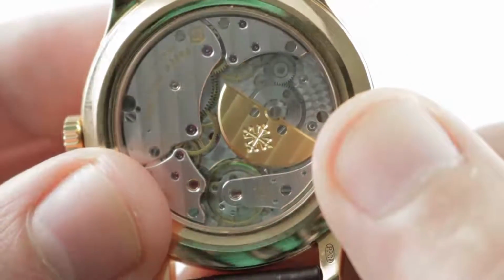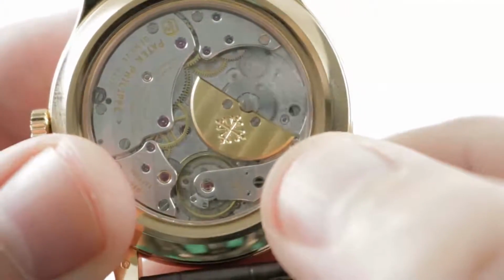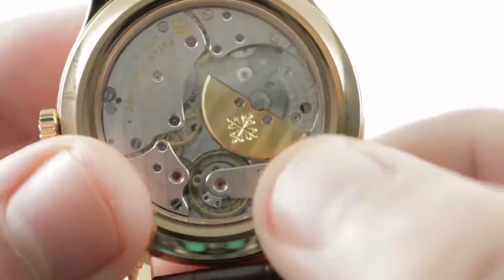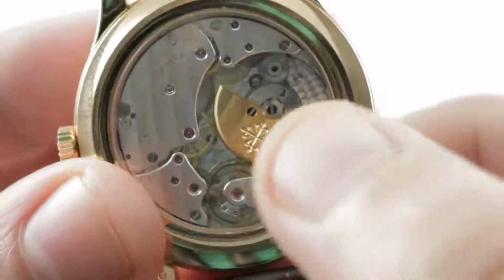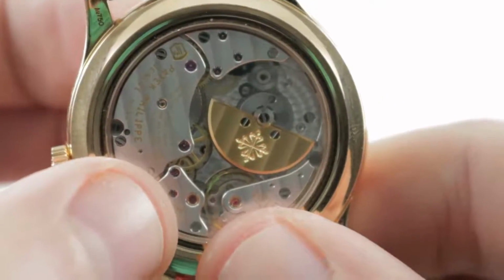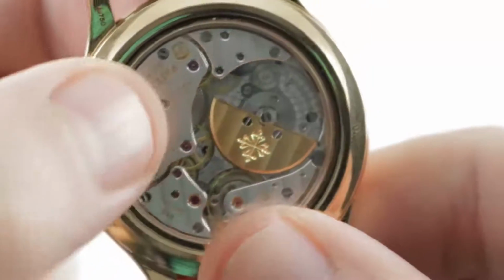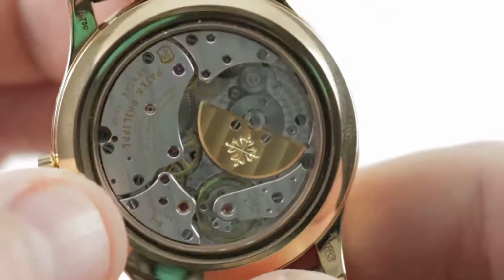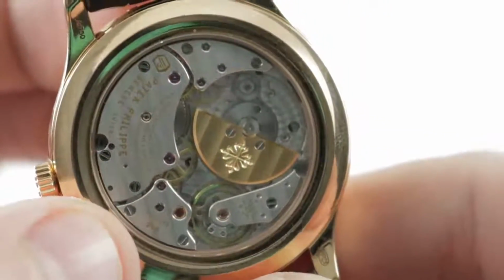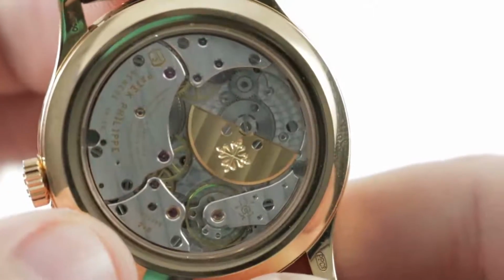The 22-karat winding mass features Côte de Genève on its top, and then if you look on the sides, you can't quite see it here, but you can see it with a loupe, there's a coining to that beveled edge that's gorgeous. Engine-turned perlage on the base plate with a mirrored anglage. You can see it, that mirrored optically smooth chamfer lighting up on the edge of every bridge, and you can see the same treatment in every jewel and screw countersink. The screw heads themselves are black polished, the highest optical standard, all manually finished with chamfered slots and circumferences,